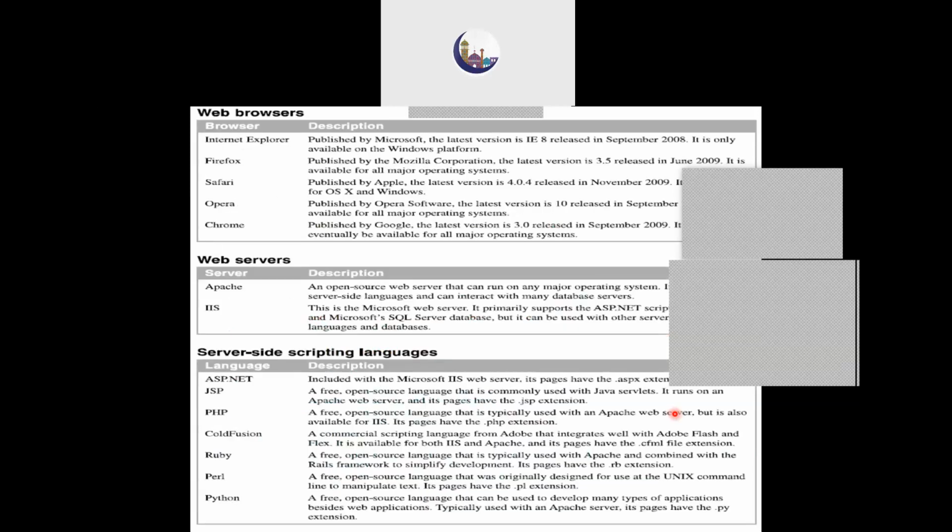So let us begin. But before we move on to the anatomy of a web page completely, let us try to understand what are the various technologies and tools that are available in web development. When we talk about web development, there are two things: one is the client, and another is the server. On the client side, what are the tools that are required for us? Basically, we need a web browser. There are various companies which have come up with their own web browsers, a few of which are listed here. One is Internet Explorer, which has been given by Microsoft.